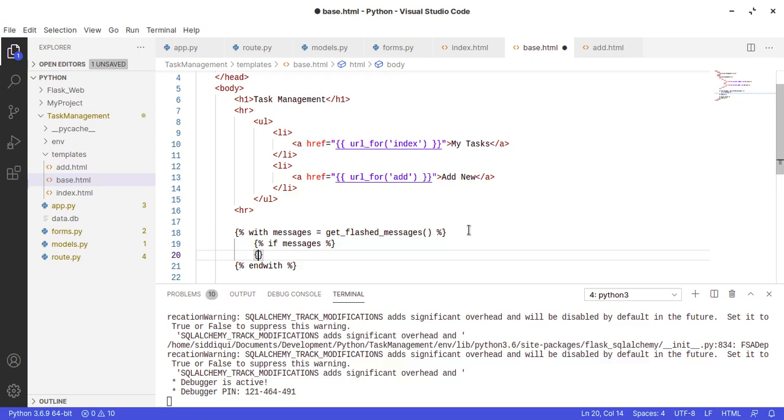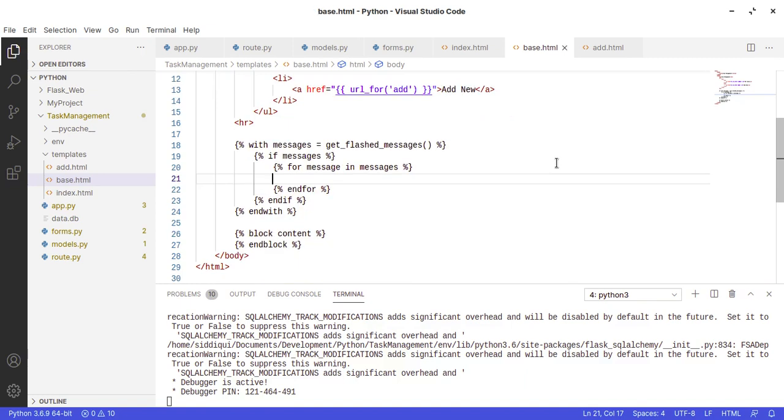So, and then I have to end the block, and then inside here I'll say for message in messages, and I just end for. Then here I will take a div, and inside the div I just display the message.